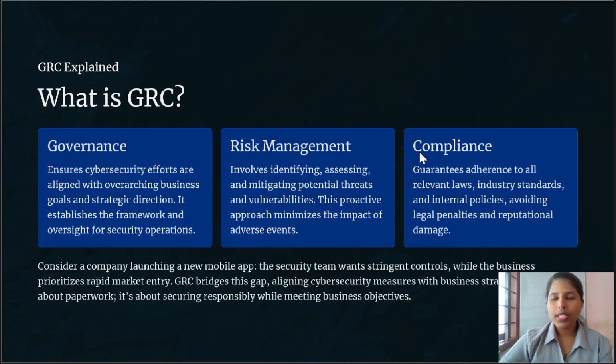damage. For example, if a company says you have to come at 9 o'clock and you can leave at 5 o'clock, and a person doesn't follow it, coming at his own wish, at 12 or 1 o'clock, then there will be no working time and production will decrease, so the company suffers damage or reputational damage. So we have to follow that rule to reach our goal. Like that, in a company, if any rules are not followed, there will be legal penalties.